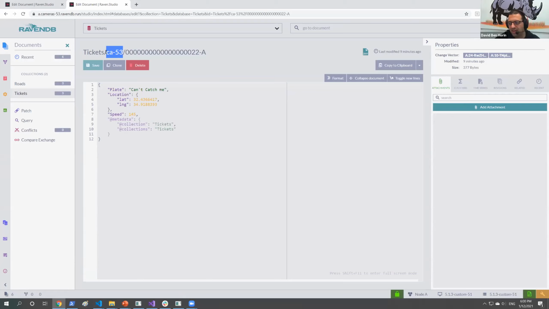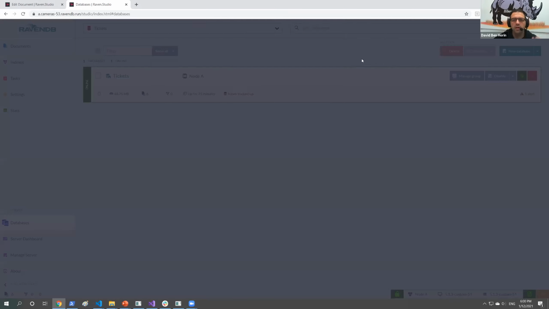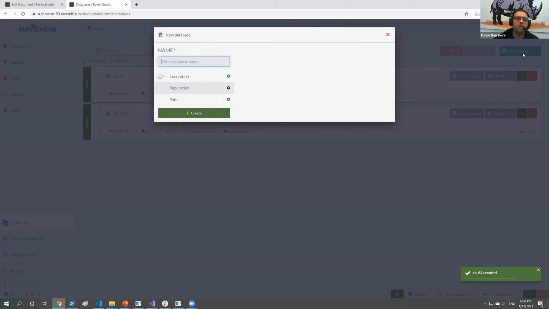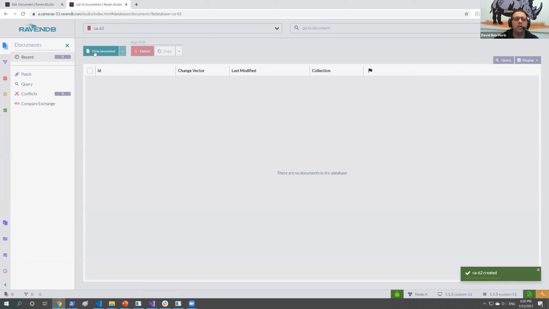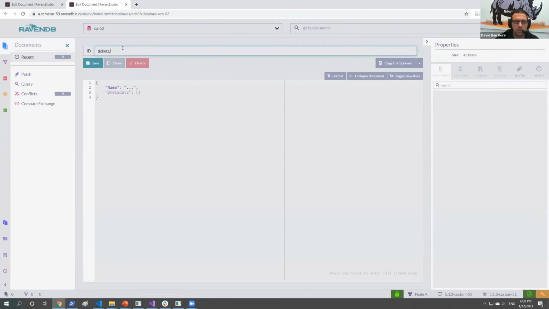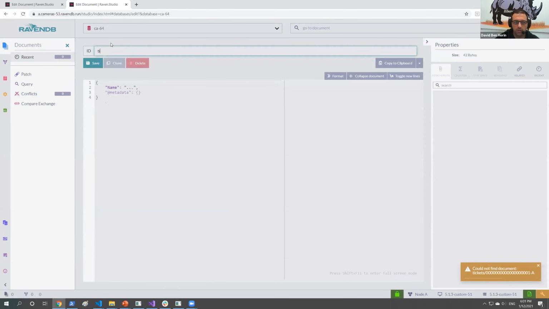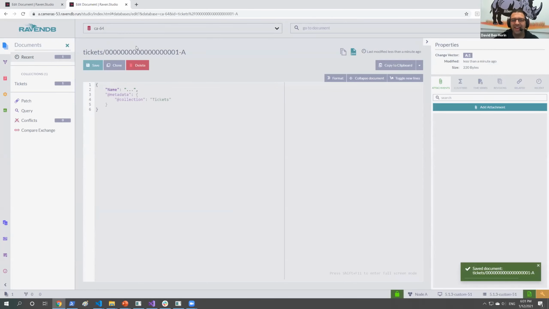This also has another very important reason. Let's say that I'm right now here in the camera, CA62. I'm going to go ahead and create a tickets document. Here we go. Notice that this is 0001A. And now I'm going to create another tickets document. It's the same thing,